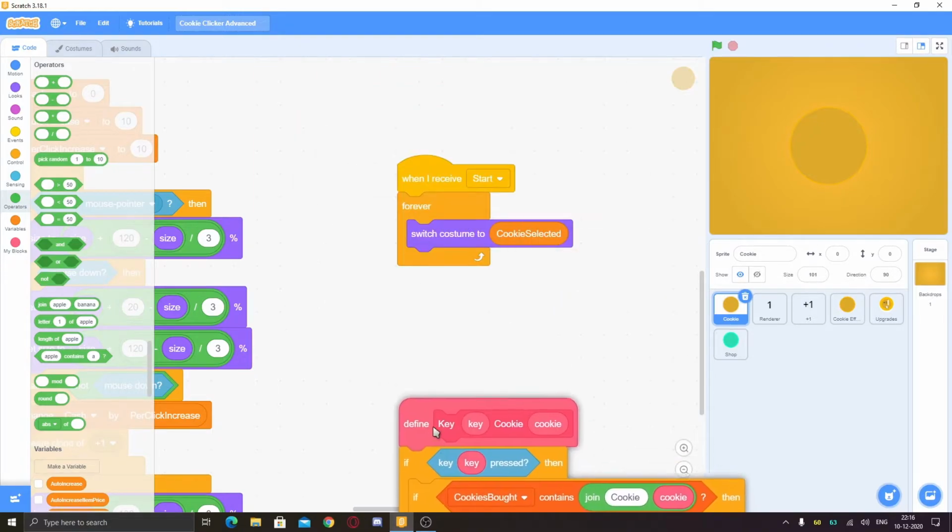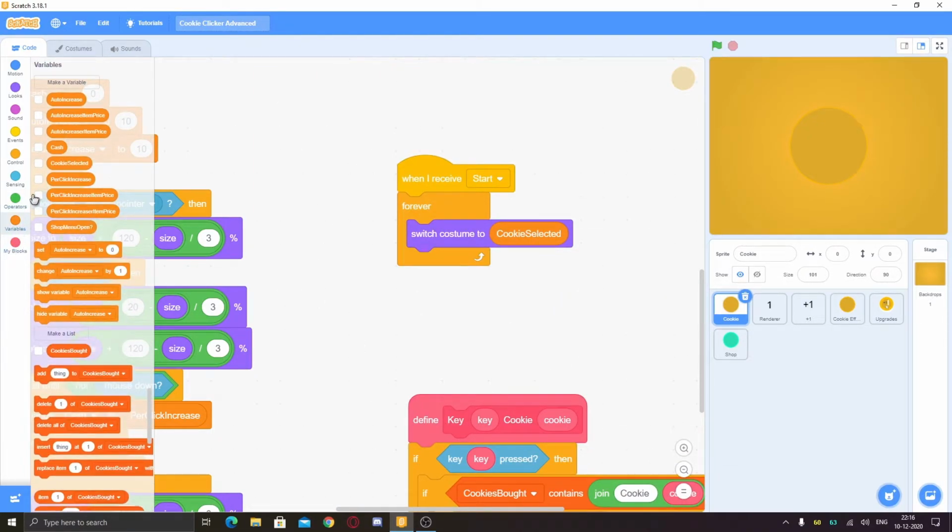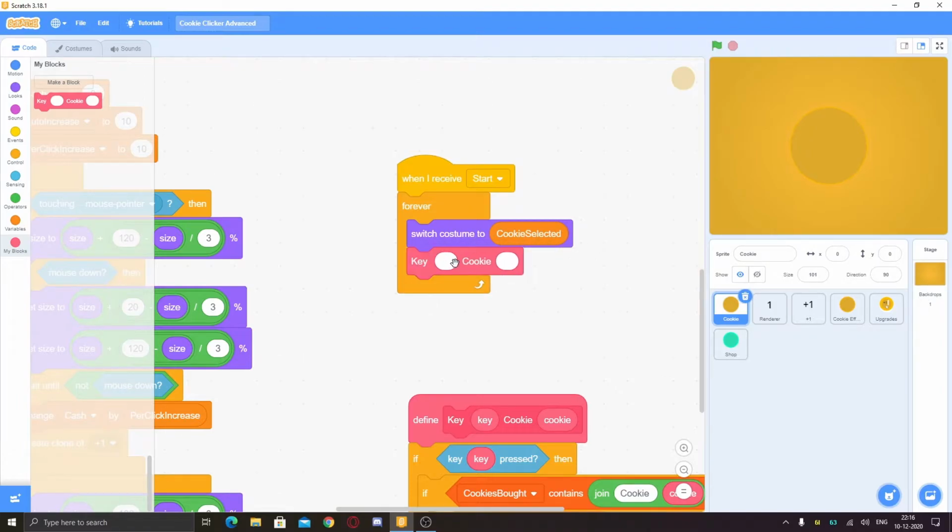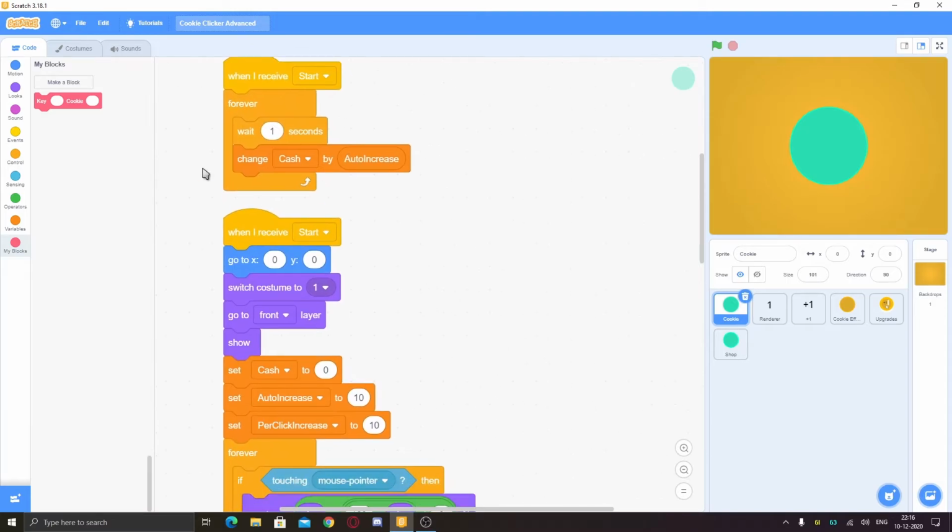Let's put this here, and we will just put it like key 2 cookie 2, key 3 cookie 3, key 4 cookie 4, key 5 cookie 5. So now clean up and this should work.